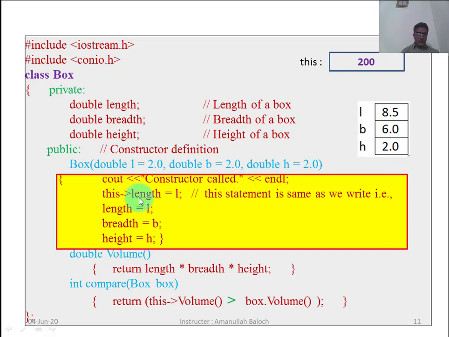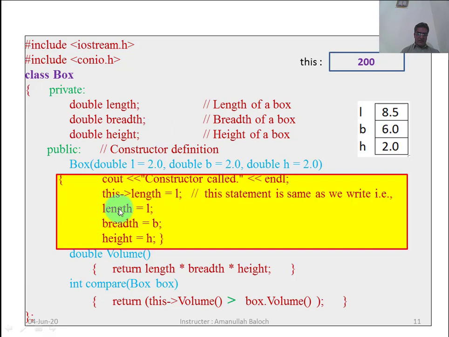Again the value of L will be stored at the location of length whose address is stored in this. This has the address 200.